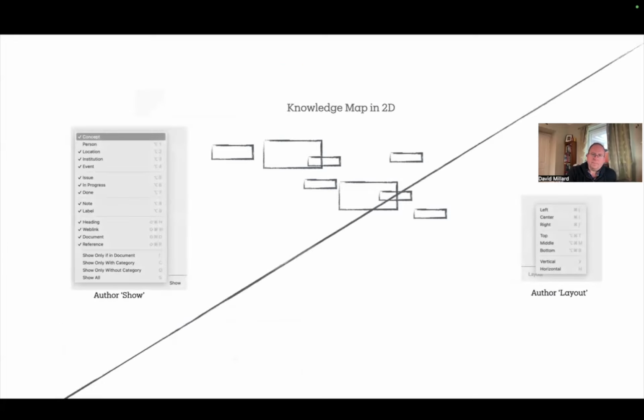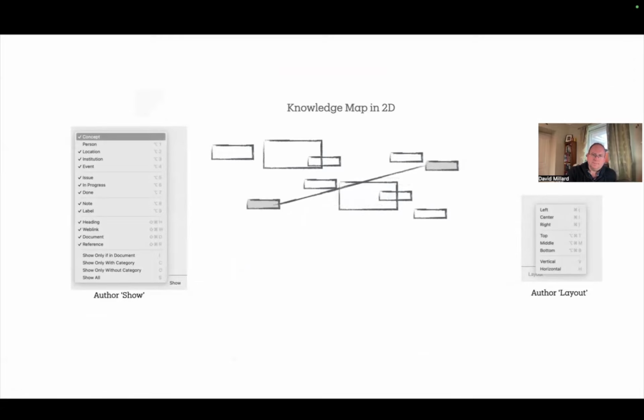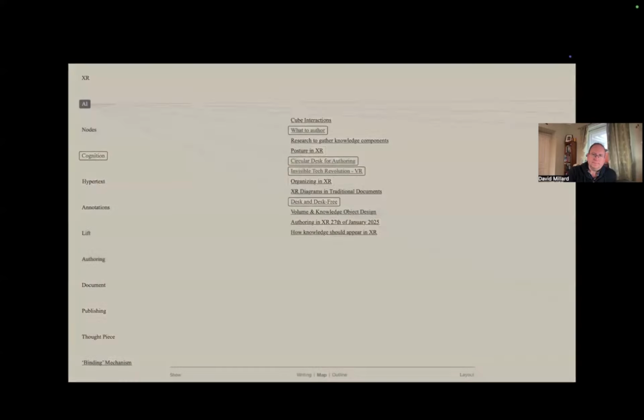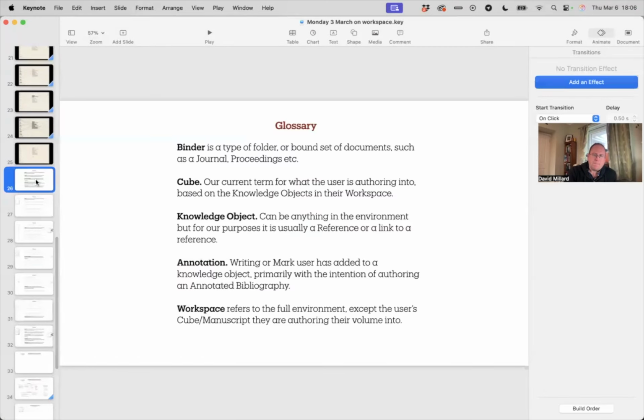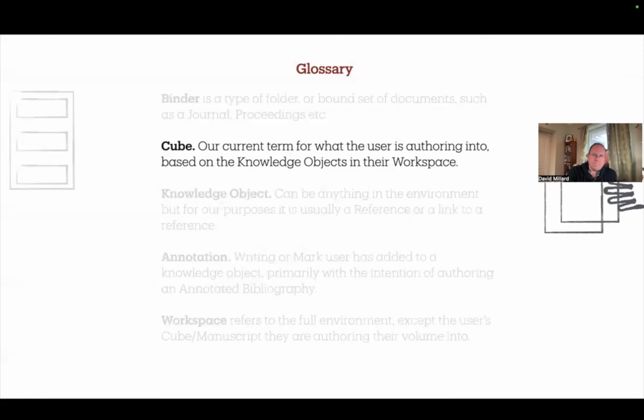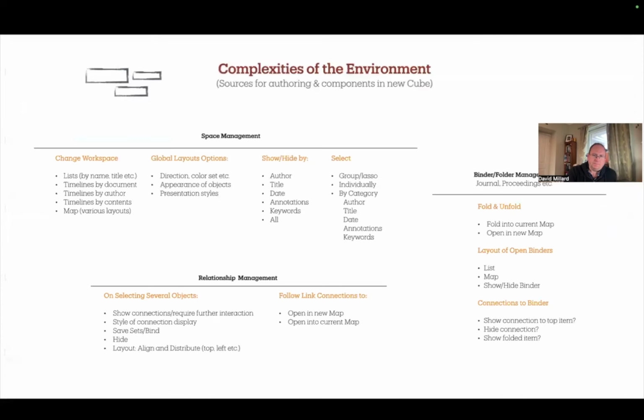And then this is where I show, because people don't know like you do, even a normal knowledge graph is a lot of complexity. So this is just the glossary that you know already. The complexity of the environment is massive. But I suppose what I'm trying to suggest to you is that I think you have to